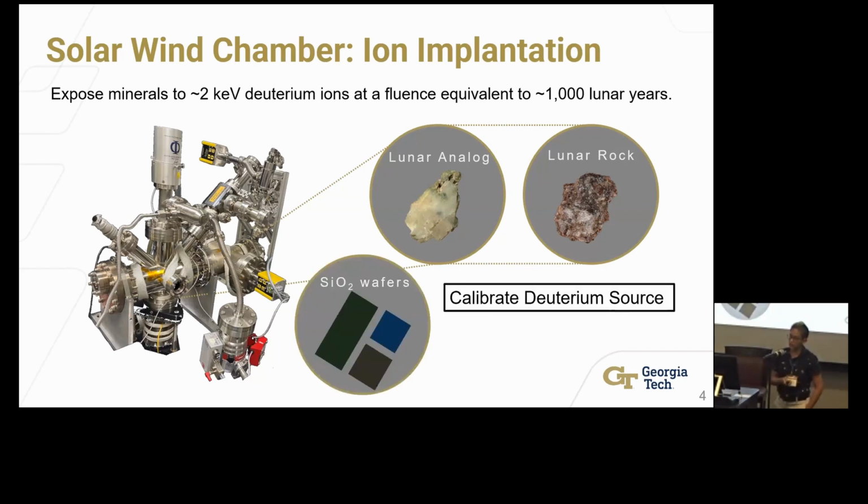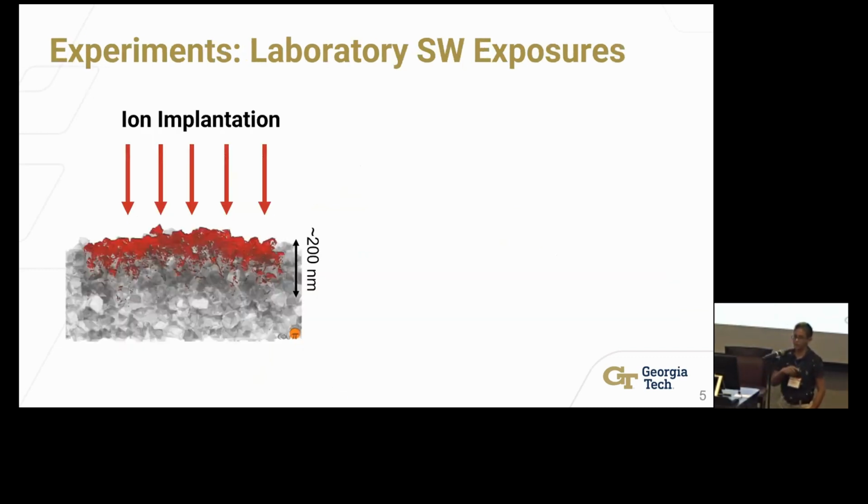Before looking at the lunar analogs, we want to calibrate our deuterium source so we understand the amount of damage that it has on materials that we have well understood, like silicon wafers with a silicon oxide on top. So we implant these materials and we want to investigate these